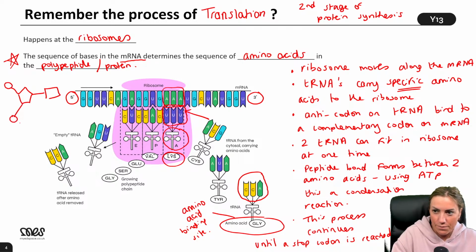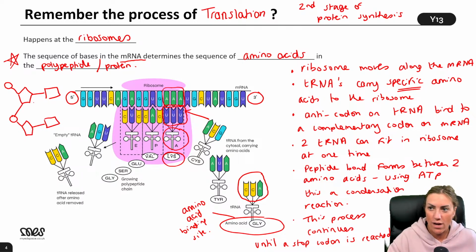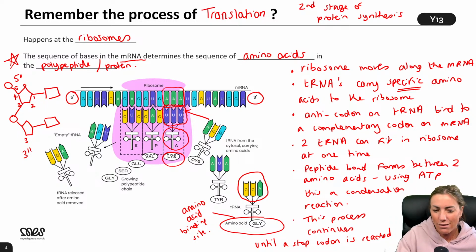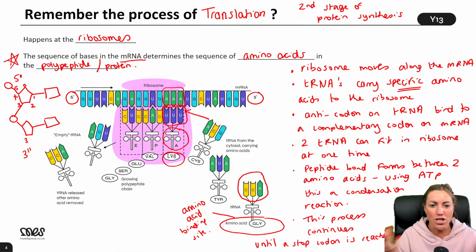Like on this mRNA, which is obviously single-stranded, so I only need to draw one strand. But this is carbon 1, this is carbon 2, this is carbon 3, this is carbon 4. Carbon 5 is on this branch, okay, because this is ribose sugar and it's got an oxygen at the top. So this end would be described as the 5' end because it's the end that carbon 5 is on, whereas this end would be described as the 3' end because it's the end that carbon 3 is on. So that's kind of how we differentiate. The 5' has the 5 carbon end and the 3' is the 3 carbon end.